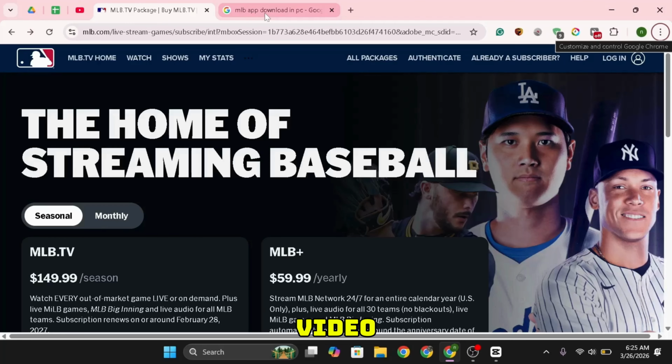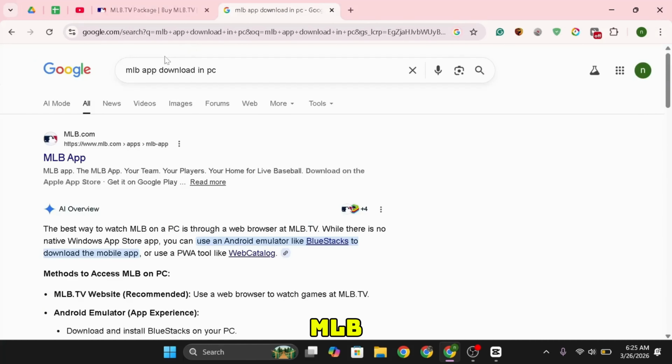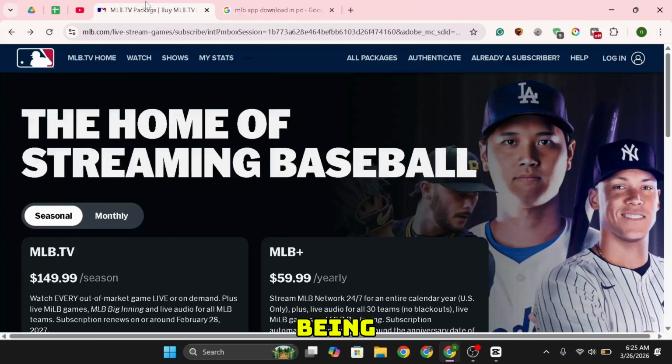What's up guys? In today's video I'm going to show you how you can download your MLB application on your PC. So first of all, if you search for MLB app download for PC, it will direct you to some emulator like BlueStacks. But this being the long process, if you would like to simply have this application on your PC,